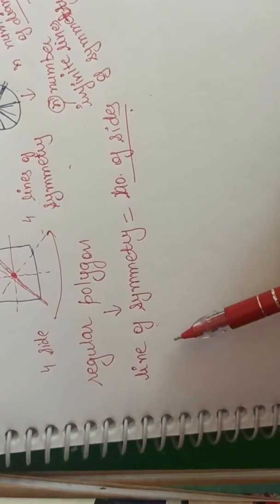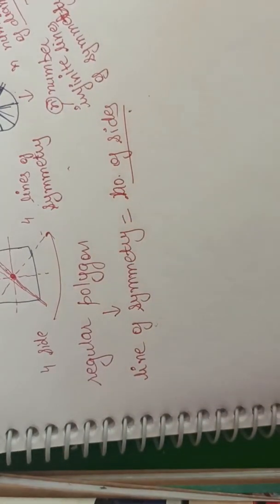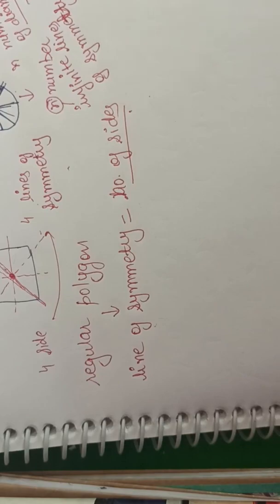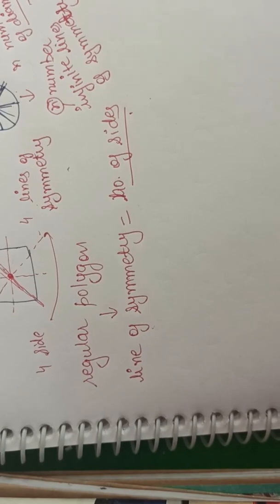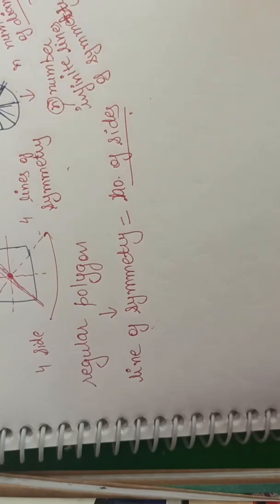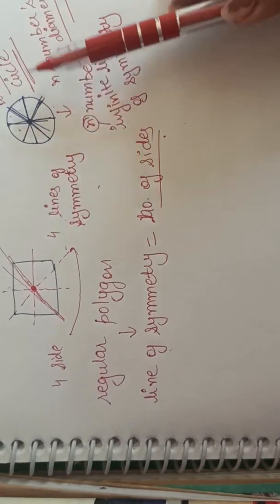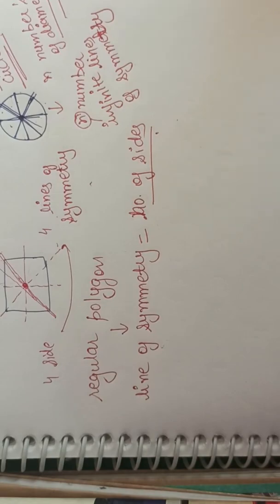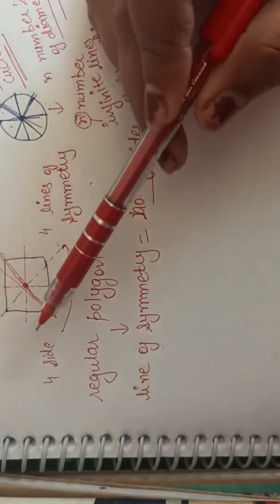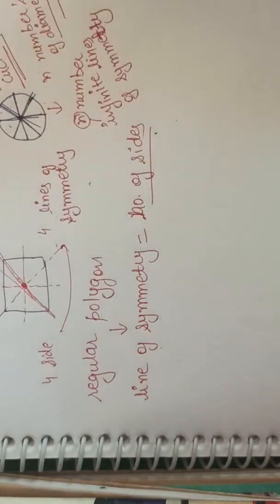So clear by this? In any regular polygon, the number of lines of symmetry is equal to the number of sides it has. See, in a pentagon, how many? 5 lines of symmetry. Number of sides? 5. Next is, a circle has infinite lines of symmetry. Next one, shapes or figures may have horizontal or vertical, both horizontal and vertical, infinite or no line of symmetry, right?